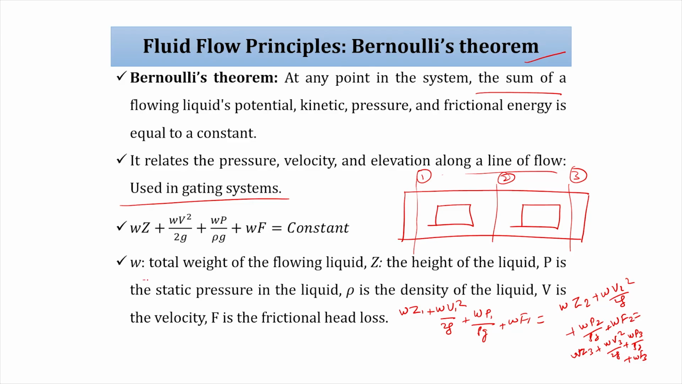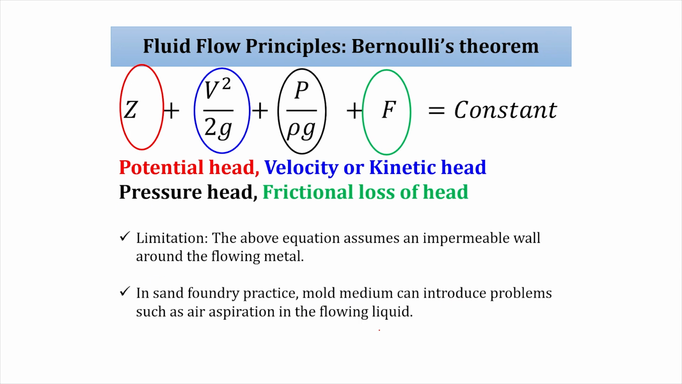What are these terms? W is the total weight of flowing liquid, Z is the height of the molten liquid, P is the static pressure in the liquid, rho is the density of the molten liquid, V is the velocity of the molten liquid, F is the frictional head loss. So, what is written: W Z plus W V square by 2g plus W P by rho g plus W F equal to constant,